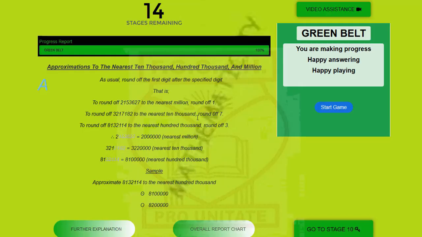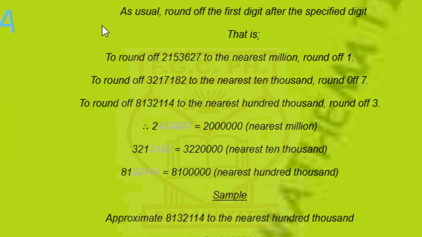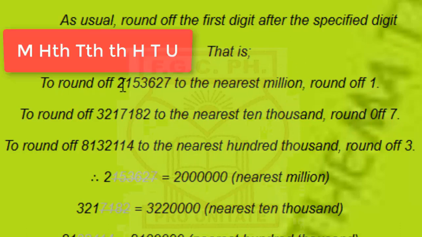Now we're going to learn how to approximate to the nearest 10,000, 100,000, and million. And with this knowledge, actually, you can approximate to 10 million, 100 million, 1 billion, 10 billion, and as much as you want to go. Just like we always do, we need to round off the first digit after the specified digit. That is to say, if we want to approximate